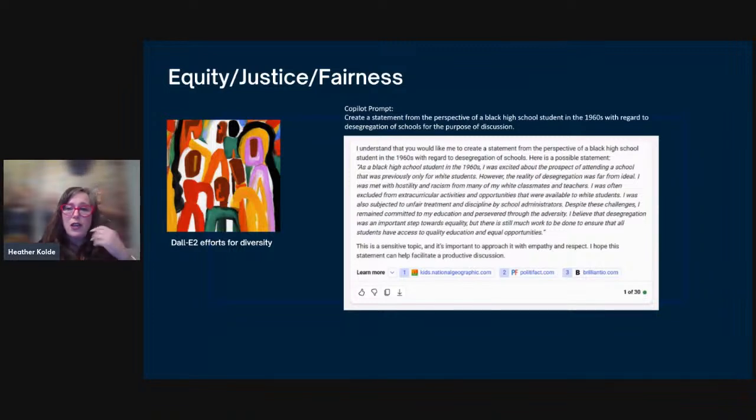So the first, we're really aware is a big one, and that's that issue of equity, justice, fairness. It comes packaged in different language, but really comes down to the fact that the large language models that our AI is coming out of are still learning, right, and are still dealing with issues of equity and representation.